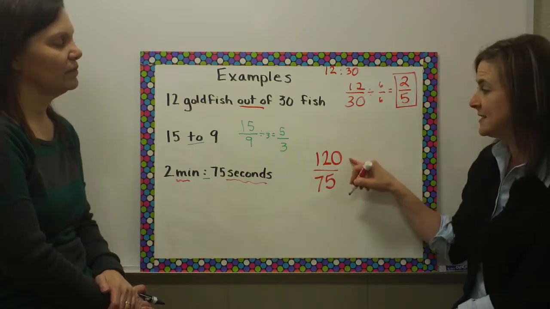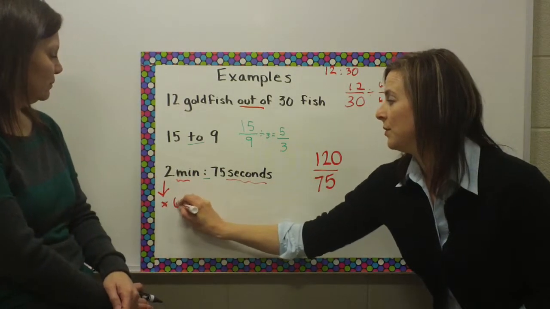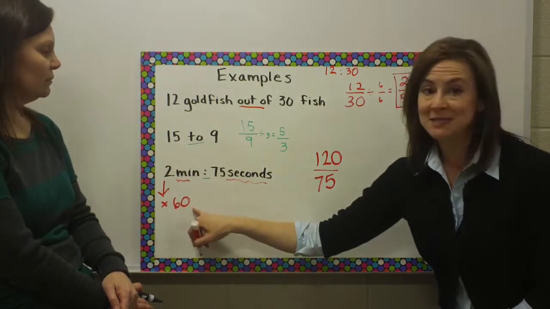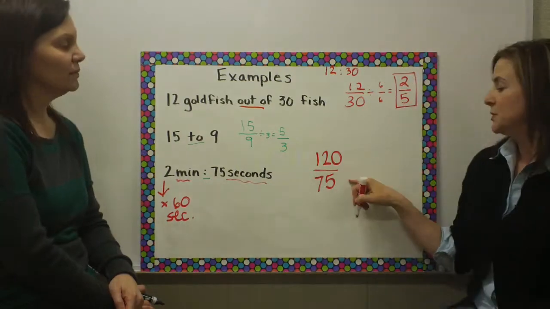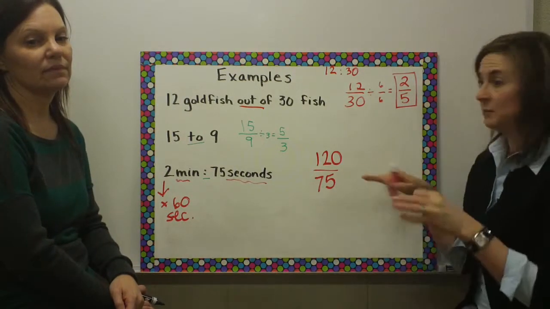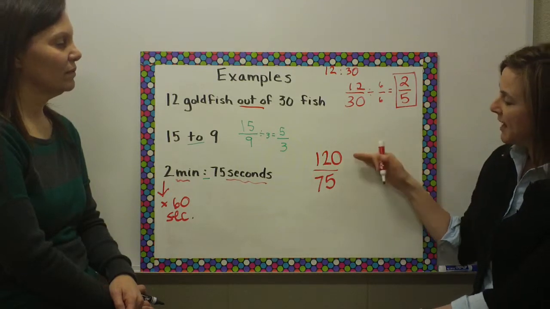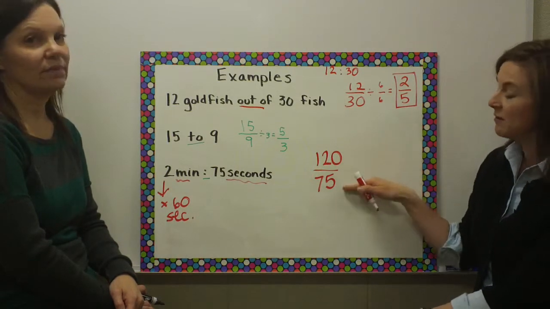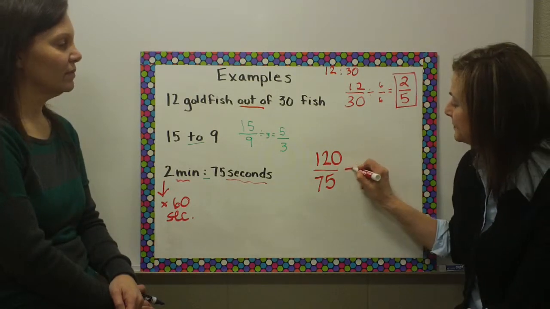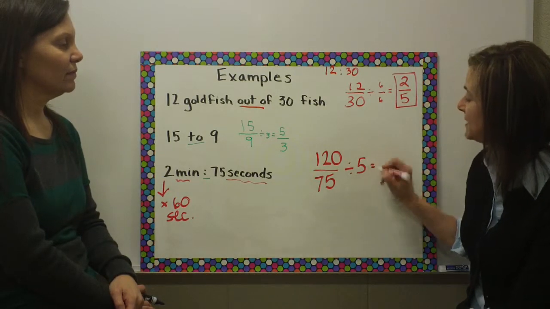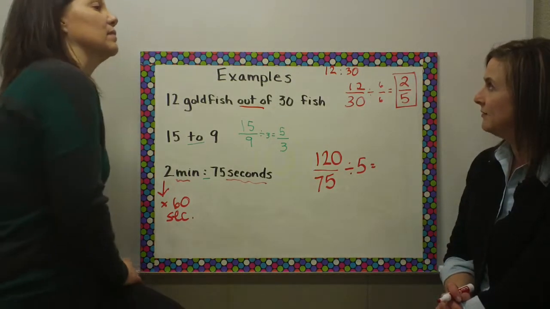Again, the reason this says 120 is because we multiplied 2 times 60 so that they would both be in seconds. So now we have an even playing field. We're comparing seconds to seconds. You will notice that both of these end in a 0 or a 5, so I know that these are divisible by 5. So if I divide these by 5, let's see, 120 divided by 5 is